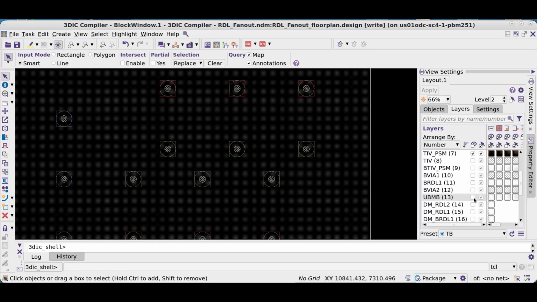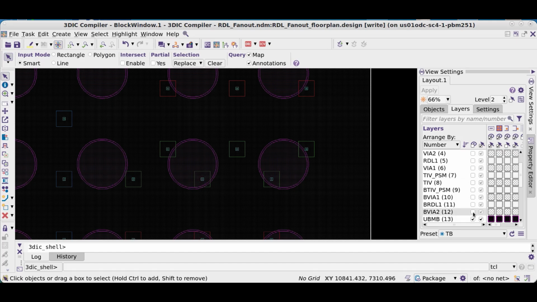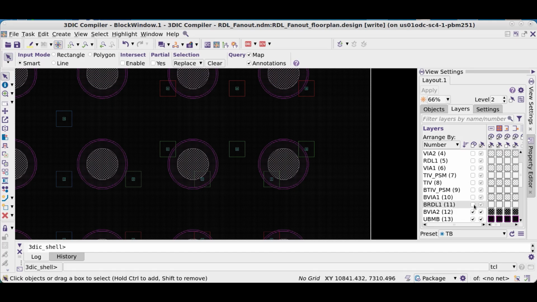As you can see, each layer has its specified routing. We look at the vias as well as the bump shapes and any routes that go along with it.